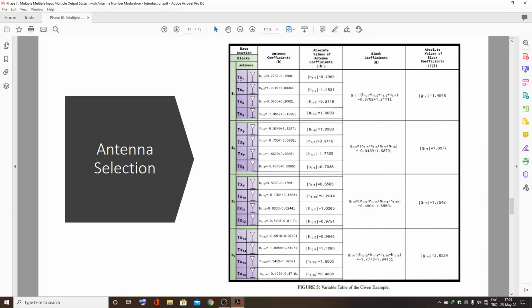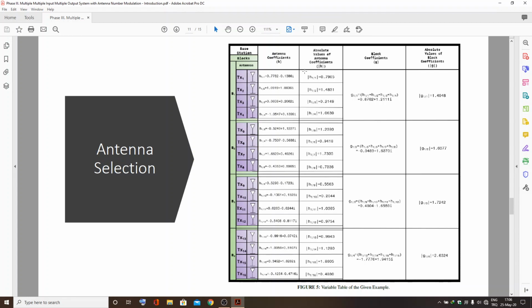For T1 till T16 we have different antenna coefficients. So we start by taking their absolute values, as stated in this column, and these will define the quality,